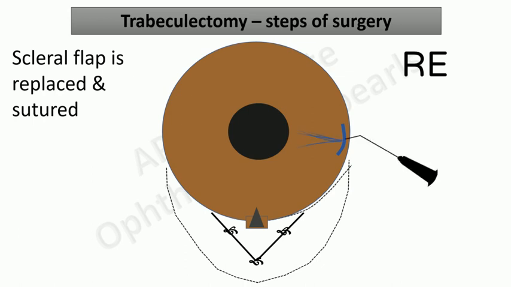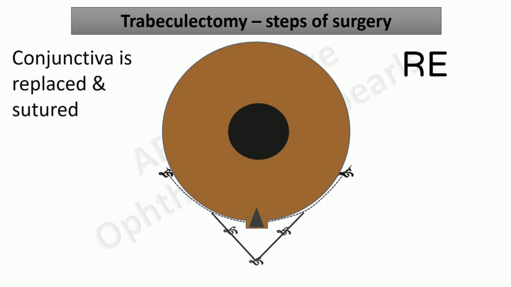The scleral flap is then replaced and sutured not too tightly and not too loosely with 10-0 nylon sutures. Balanced salt solution is injected via the paracentesis to make sure that a slow leak of fluid is present from under the scleral flap with maintenance of the anterior chamber. This is to ensure that there is neither excessive nor too little drainage, as this is how aqueous drains postoperatively.